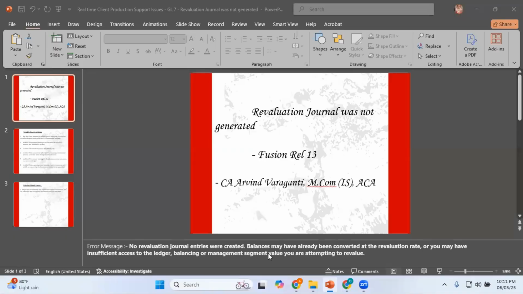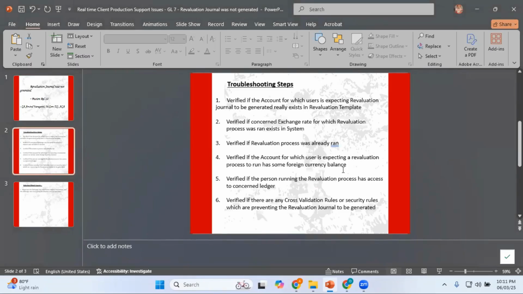So the user ran the revaluation process and she mentioned that she was able to see this error message. No revaluation journal entries were created. Balances may have been already converted at the revaluation rate, or you may have insufficient access to the ledger balancing or managing segment values you are attempting to revalue. So this is the error message which the user was able to see. And we have actually verified all these